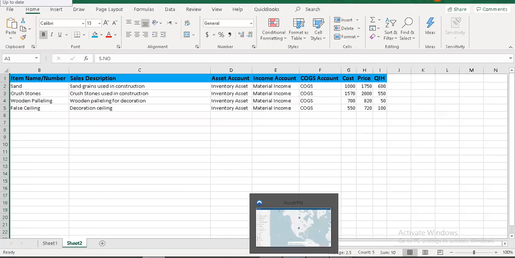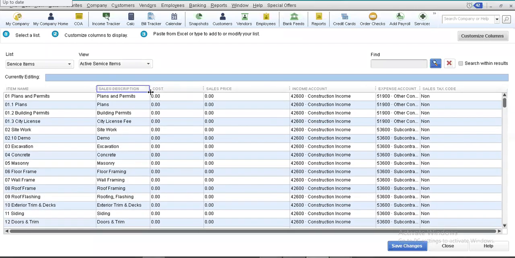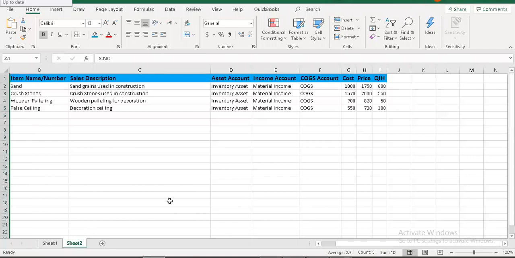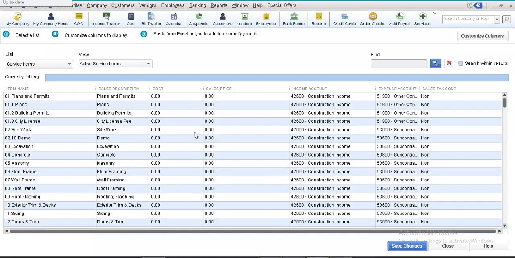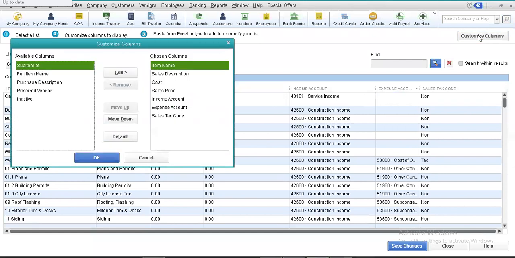For this purpose, we go back and compare Microsoft Excel with QuickBooks. We have the item name and the sales description, and what else do we need? After this, we have to show the asset account, and over here we have the cost item available. So we have to customize the column. We have to show the expense account first.